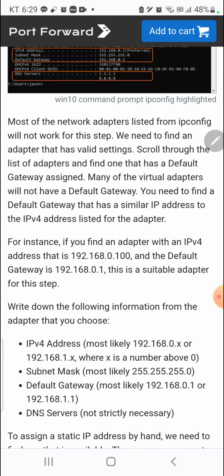Most of the network adapters listed from ipconfig will not work for this step. We need to find an adapter that has valid settings. Scroll through the list of adapters and find one that has a default gateway assigned. Many of the virtual adapters will not have a default gateway. You need to find a default gateway that has a similar IP address to the IPv4 address listed for the